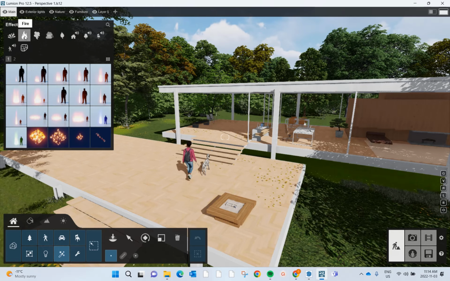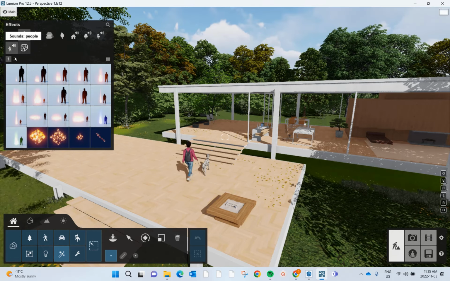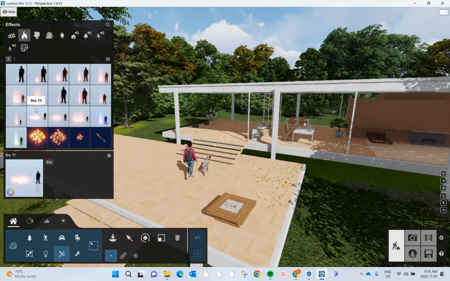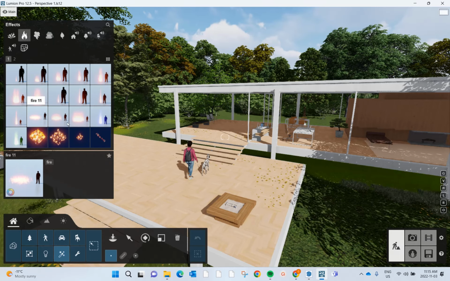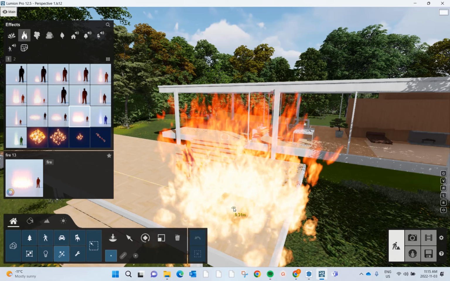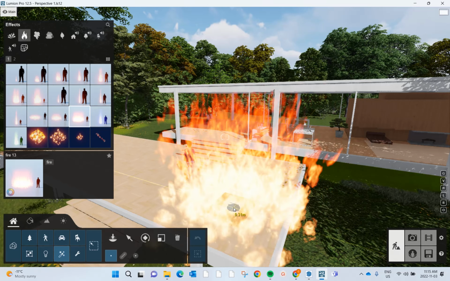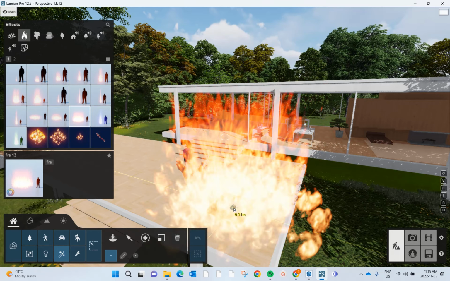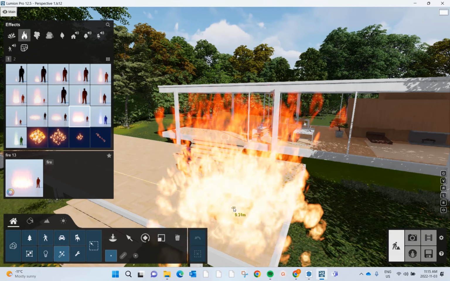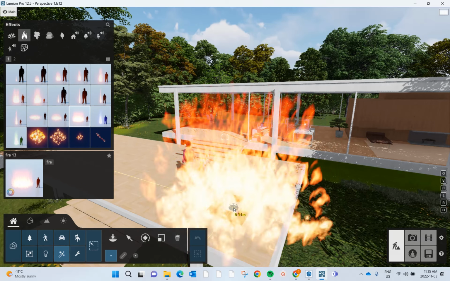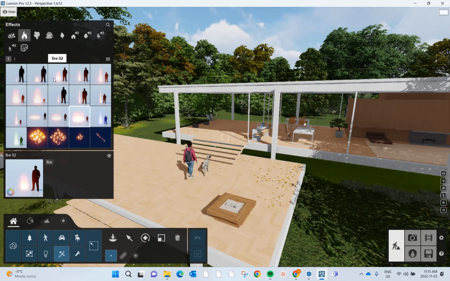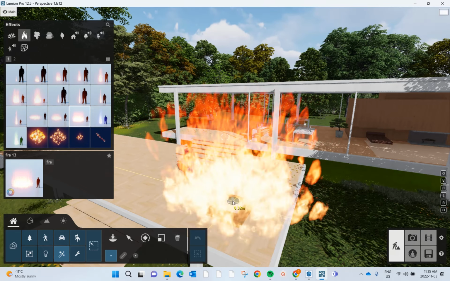So left click, and just like before, you're going to pick an option and we're going to see how it looks. So we'll try this one. Okay, that's way too much. That's the fire department being called. Obviously a little bit too much. That's a call to the fire department. I don't want that one. So instead I'm going to move my cursor over, and you're going to notice that since I didn't click and place anything,